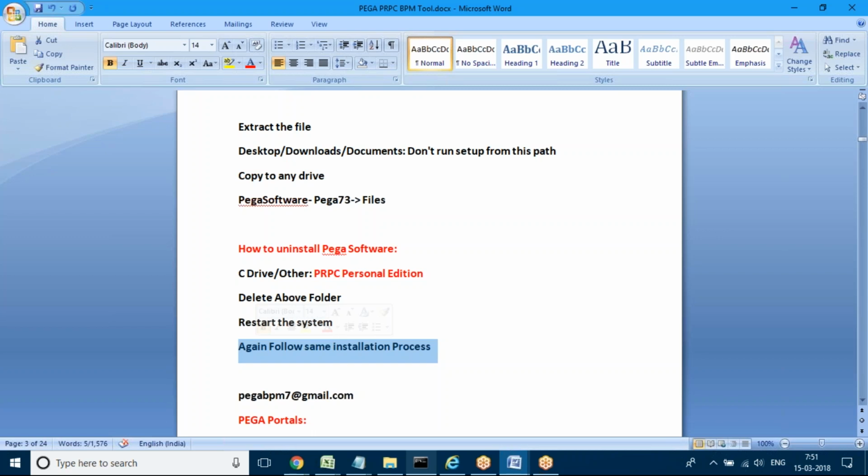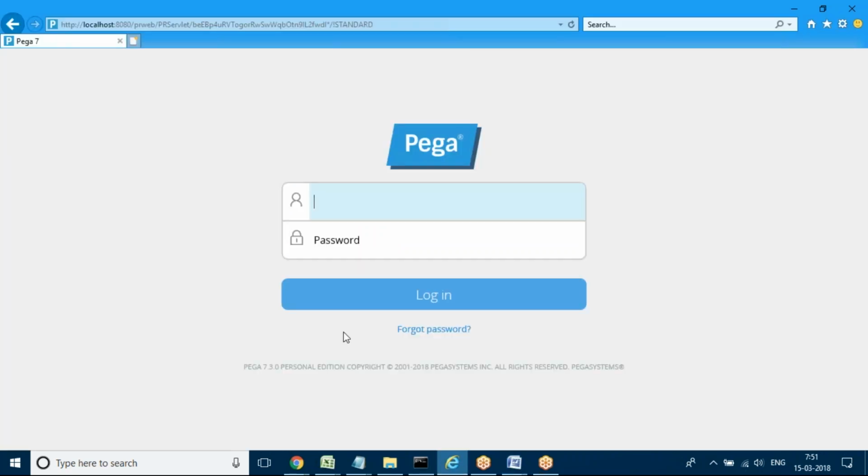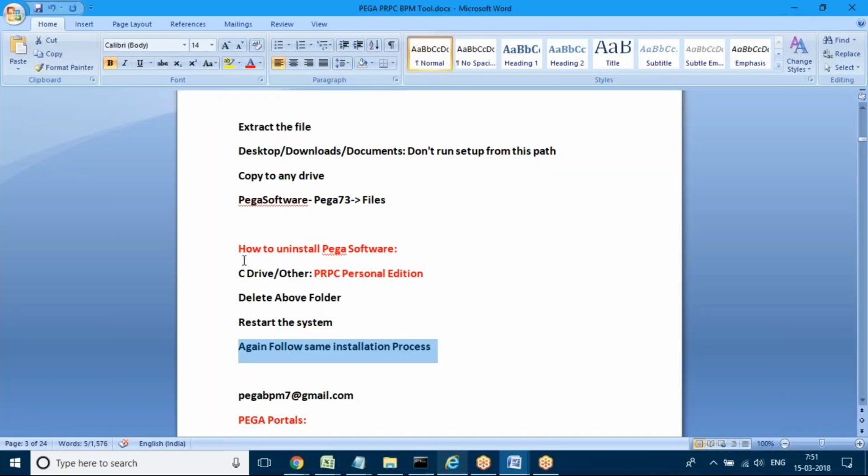Still, if you are not getting the login page after starting the server again, then you can do that process. That is, delete the folder again, because sometimes some server issues may happen, so it may be partially installed. In that case, again delete the folder, restart the PC, and follow the same process which you followed the first time. So that is the case.